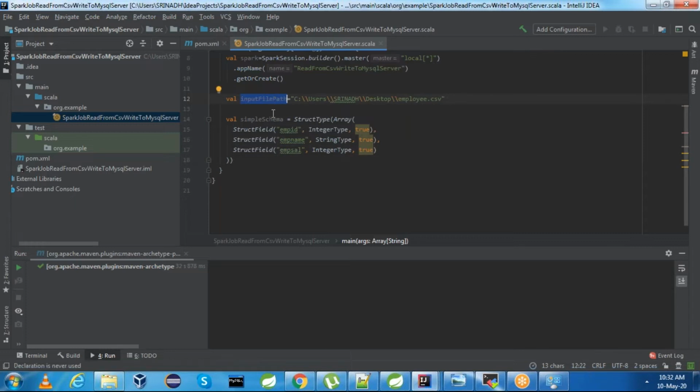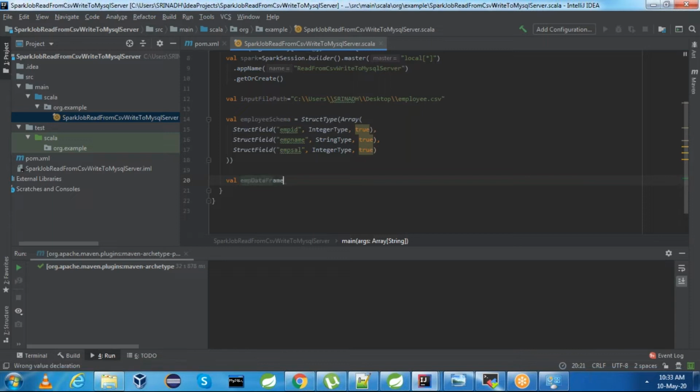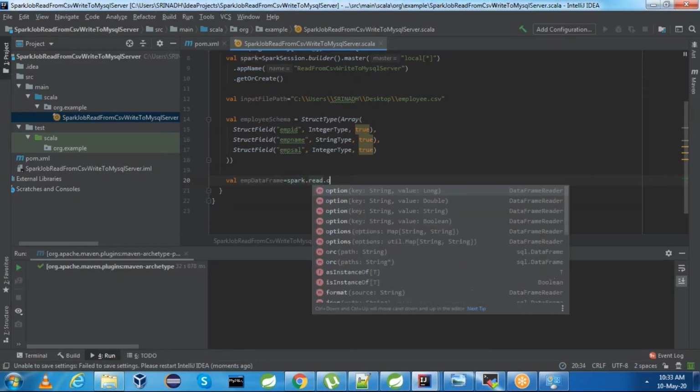We have the input file path and we have the employee schema with us. Now we'll try to read this path with this schema. For that, just define val employeeDataFrame equal to sparkSession dot read dot option.